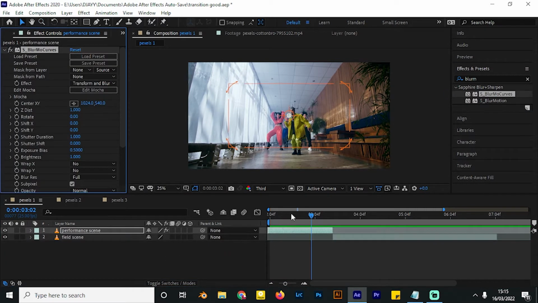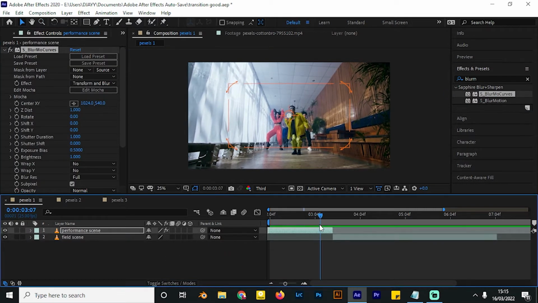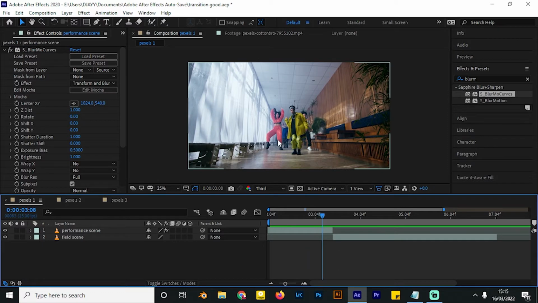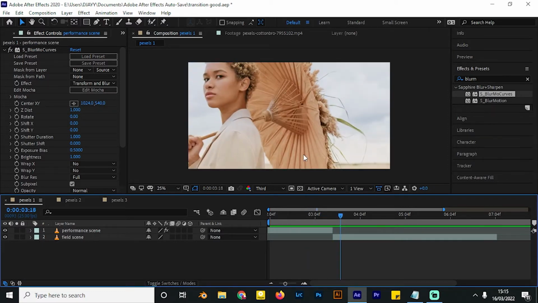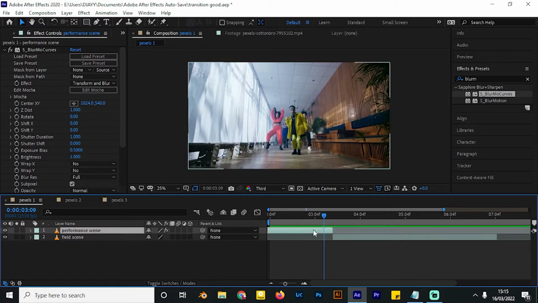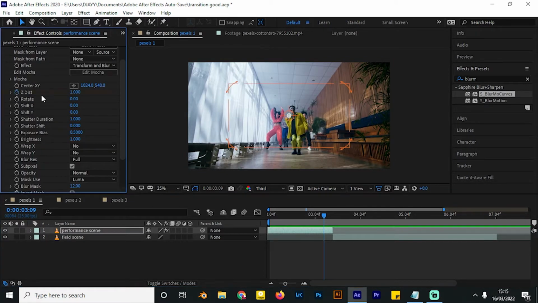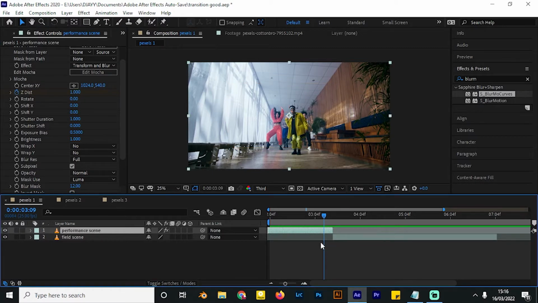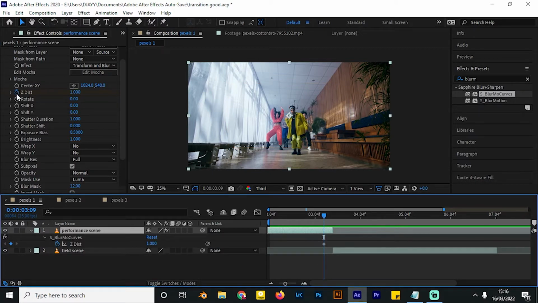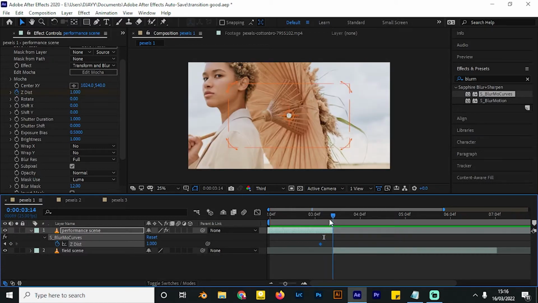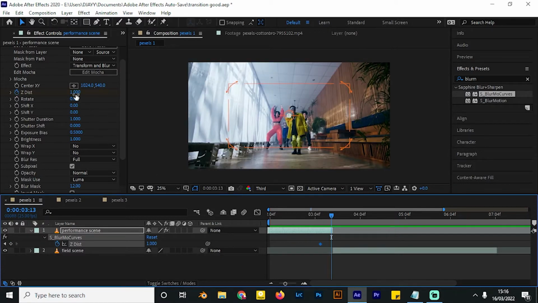For this one, we want to do a Z distortion, so we want to zoom into this video and then zoom out starting on this video. So how to easily set this up, just enable a keyframe for the Z distortion and then come right near the end of the video. You can press U after you've enabled your keyframes. A few frames from where the first clip ends, you can zoom into it using this